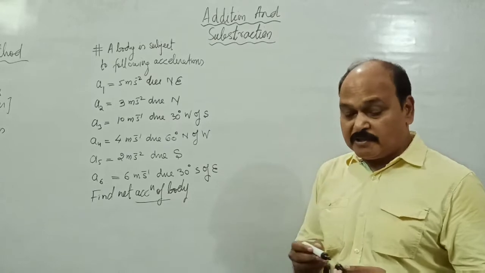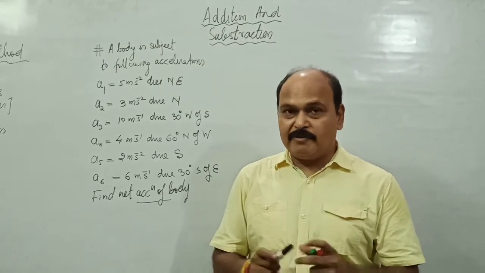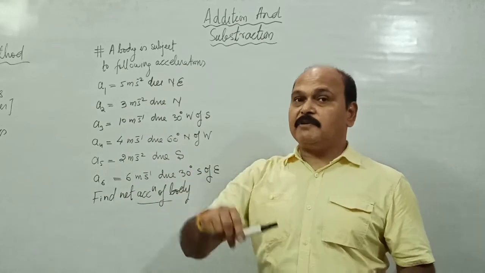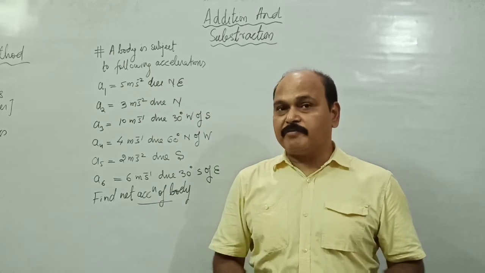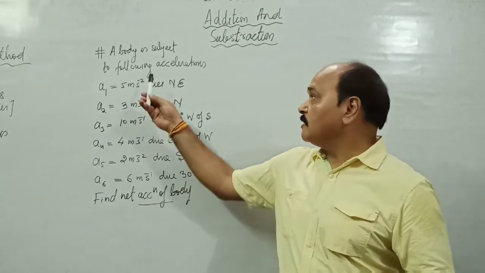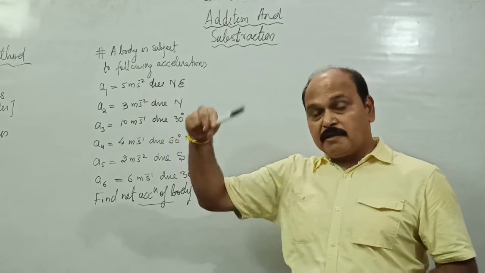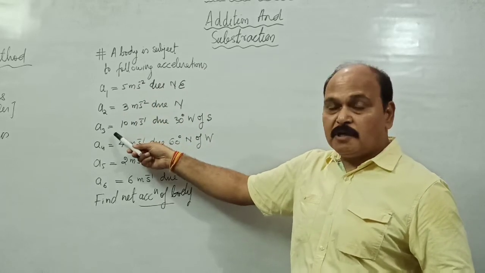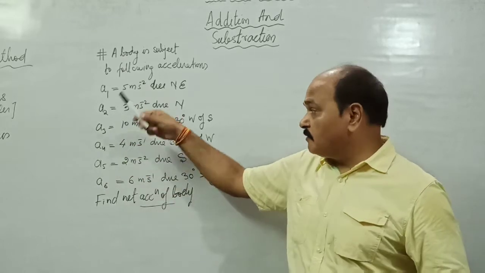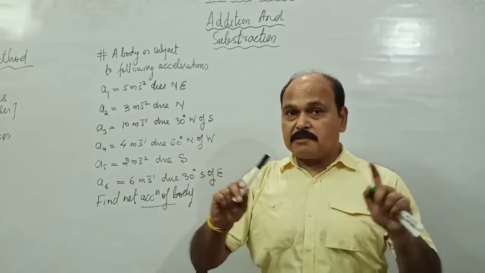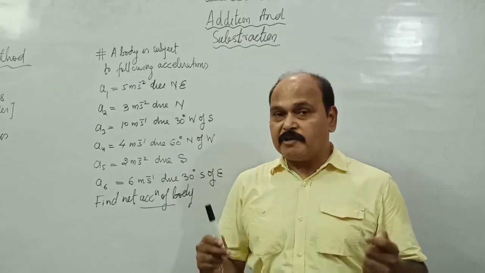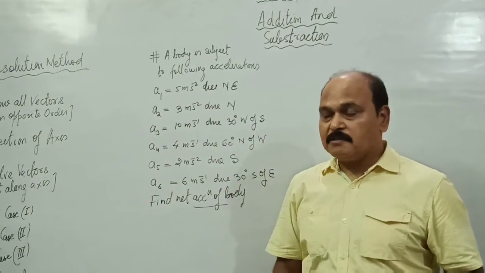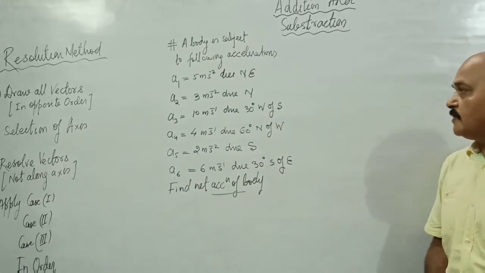Well, we are going to find the sum of these 6 vectors. Theoretically, we say the law of polygon. We add any two, and whatever the resultant comes out to be, we add that with the third one. But practically that is very, very difficult. We add these two vectors and find the sum and its direction. Then whatever sum and direction comes out to be, that is added with the third one. And then again whatever the resultant comes out to be, that is added with the fourth one, and so on. This technique is practically not possible, very, very difficult. So what we are going to do is use the technique which we have written here. Well, let us first of all draw all these vectors.